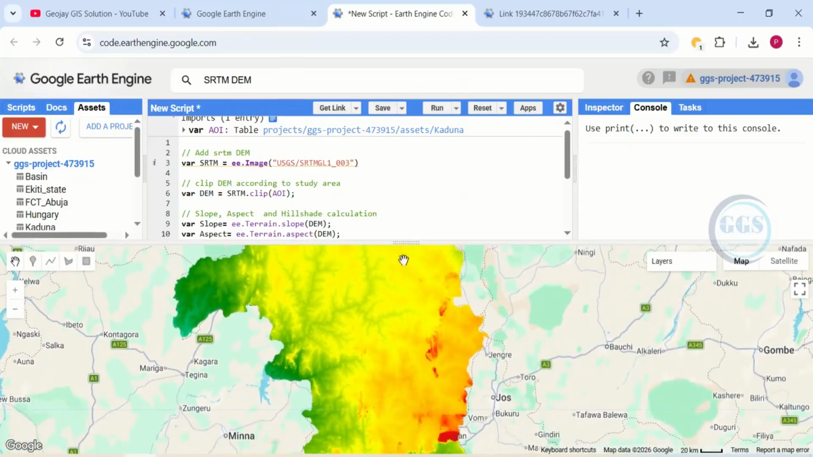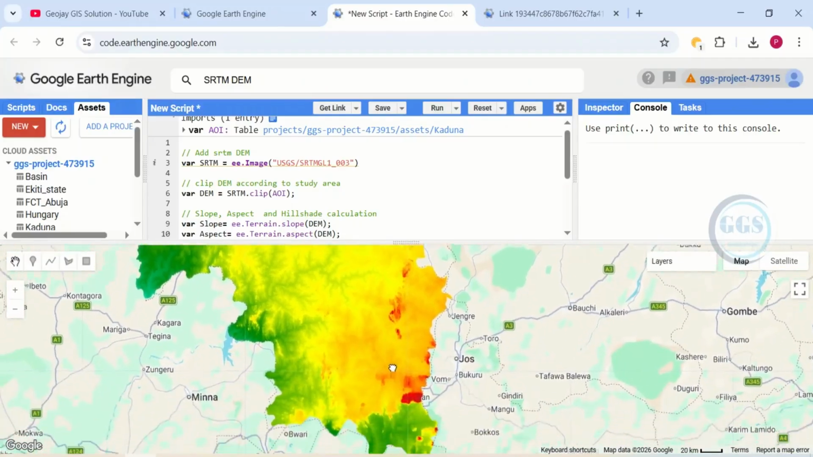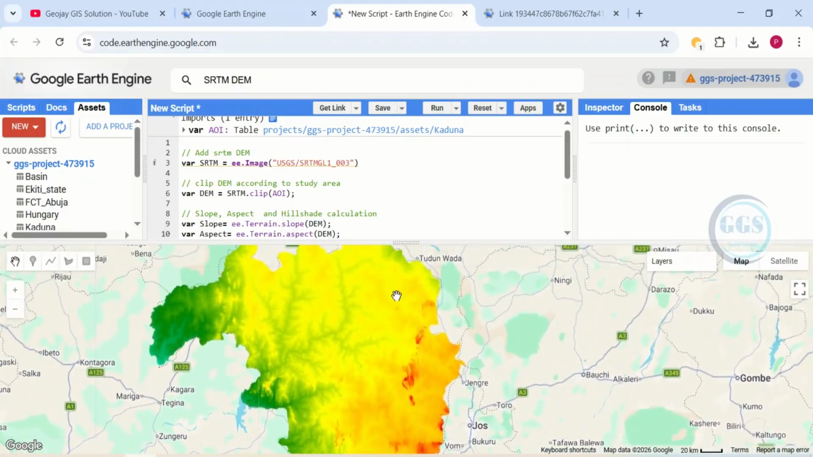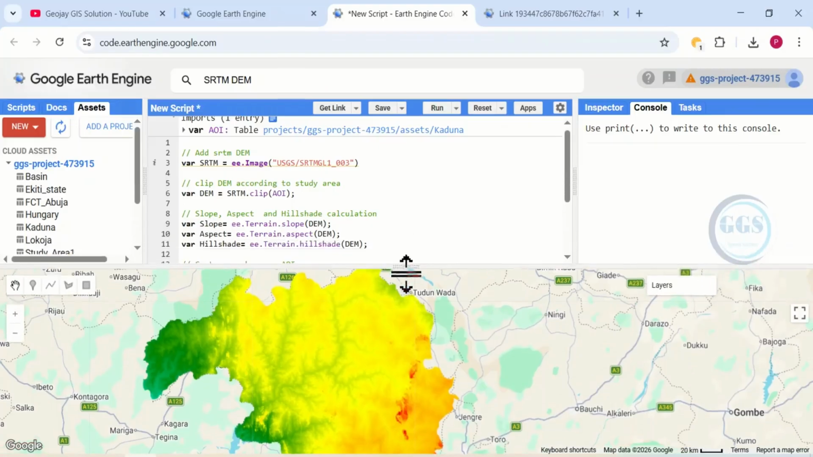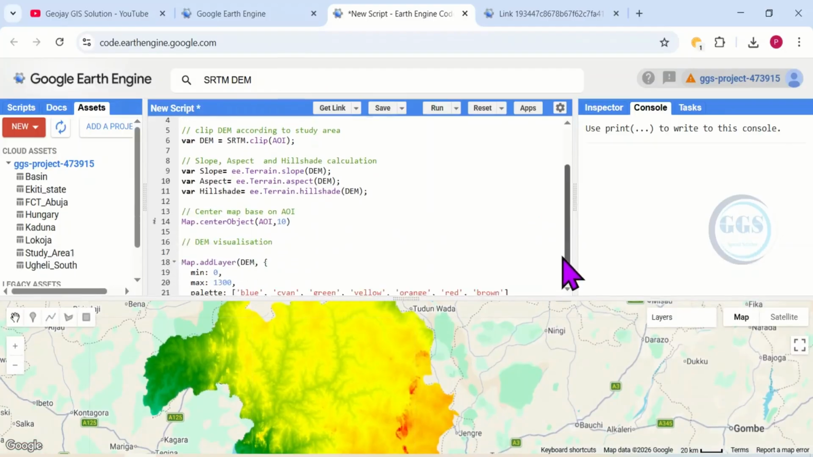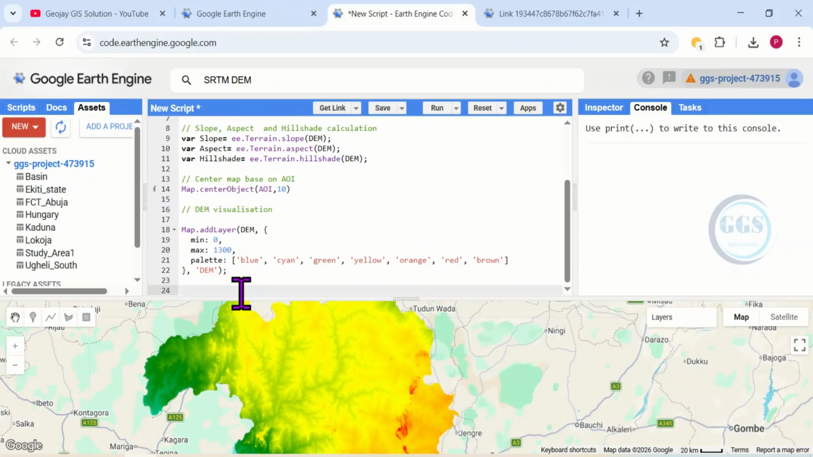So let me adjust this place so that you can see it well. And you can see the highest elevation around this place, and the lowest is the green, while the highest is the red area. So let's continue. The next thing we want to do now is this. So let's visualize our slope